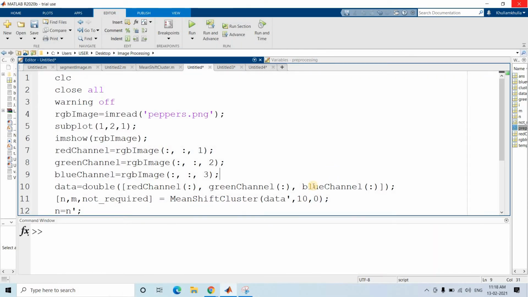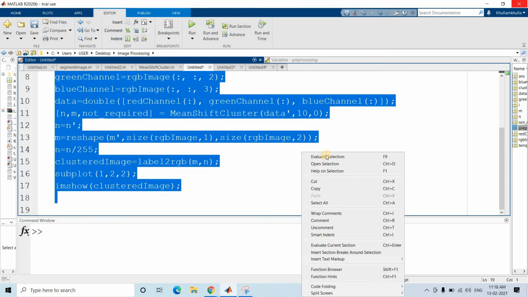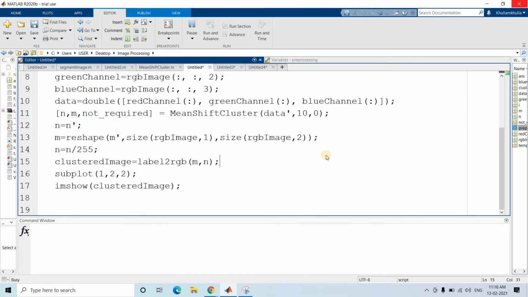Now I have decreased the radius, so more number of clusters going to be formed, and let's check now. So this time it will be taking more time to compute obviously than earlier, because you have reduced the radius, so more cluster, more computation. I hope you can relate with the algorithm. So let's wait for that. By this time you can take a cup of coffee or tea, whatever you want, or just wait.